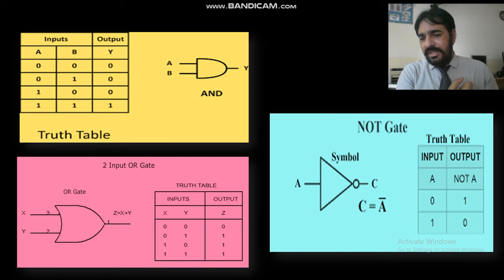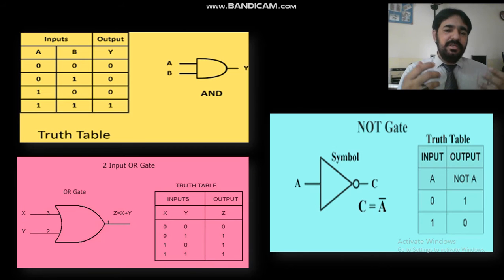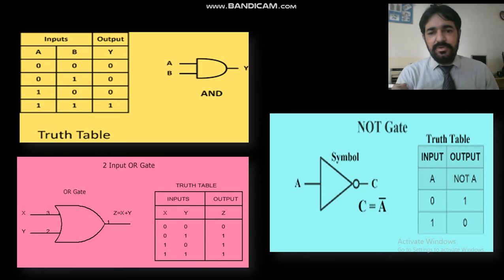In the truth table you can see we have only one input, A. If the input A is 0, the output is 1. If the input is 1, the output is 0. So it's the inverse of our input based on a single value. So this is basically the concept of logic gates. We study this in basic electronics mostly, and computer science students also study this. It's very important for programming concepts.